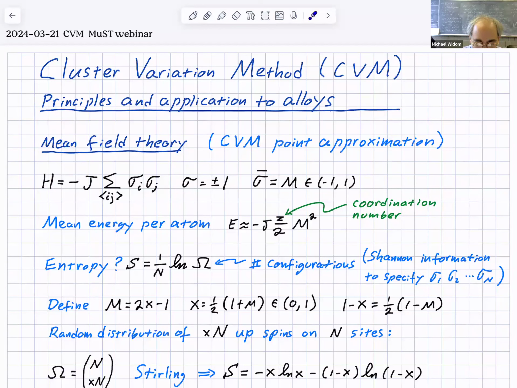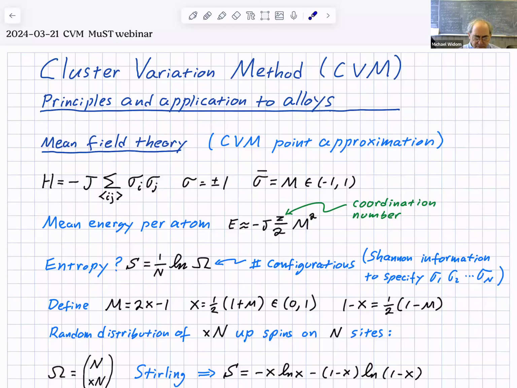Okay, great. Thank you very much, Yang. So I had promised to give a talk about generalizations to mean field theory, and I'm going to speak specifically about what's known as the cluster variation method. This is now a 70-year-old topic that was pioneered by Ryoji Kikuchi, who used it to study models of statistical mechanics, and also its generalizations to alloys. And so I'm going to tell you about the basic principles and also its application to alloys, in particular high